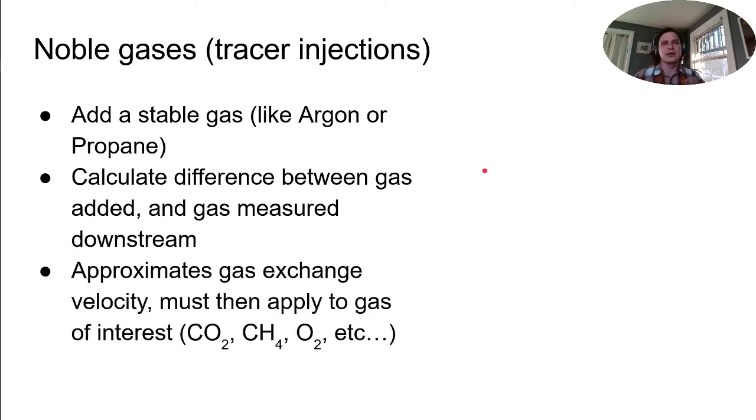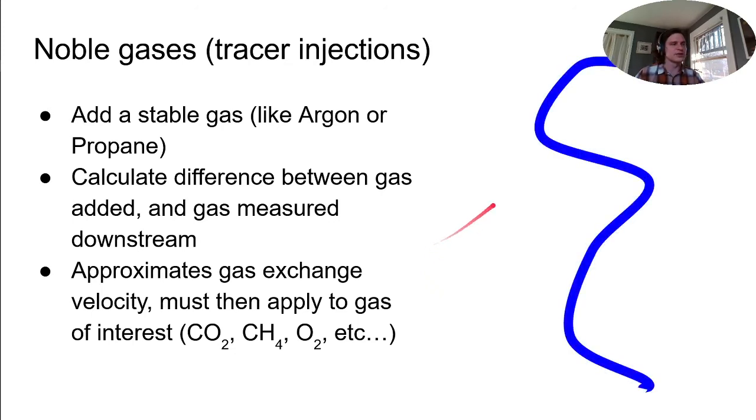And that basically approximates the gas exchange velocity, but then you have to apply that gas exchange velocity of propane through some sort of empirical method to get the gas exchange velocity of a gas that you're interested in, like dissolved oxygen or CO2 or methane. It's a fairly straightforward method. To show you more,